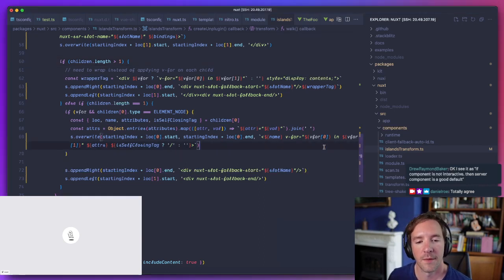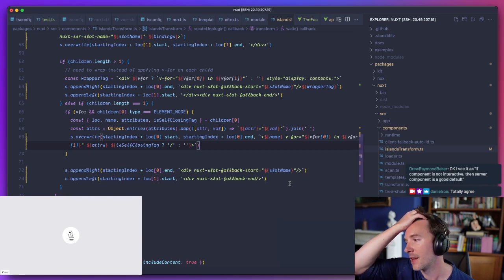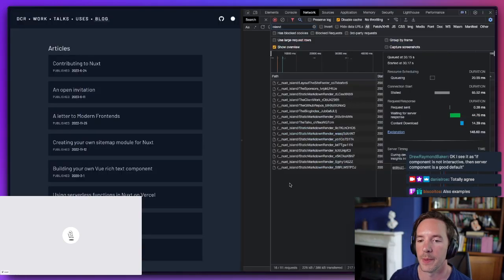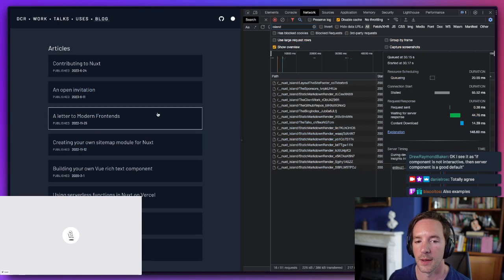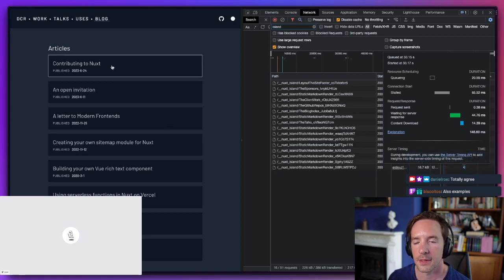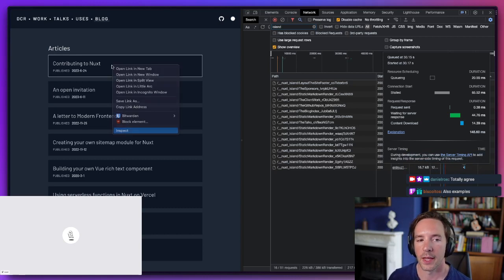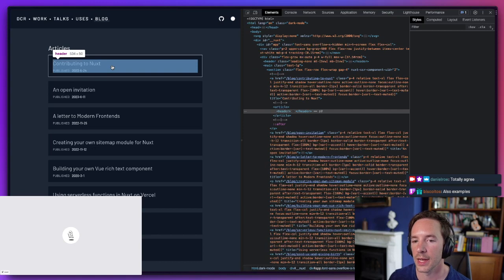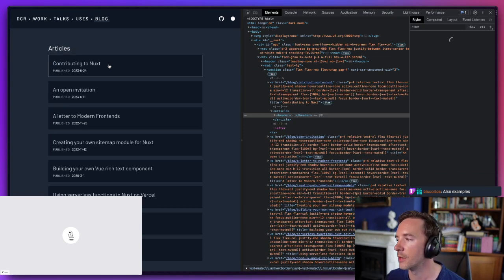If anyone is implementing server components, the one caveat I would add is that because they're not hydrated by Vue, I mean they're hydrated but only as static HTML, these links won't behave like Nuxt links. They will behave like normal A links, which means if you click them, they'll perform a hard reload.